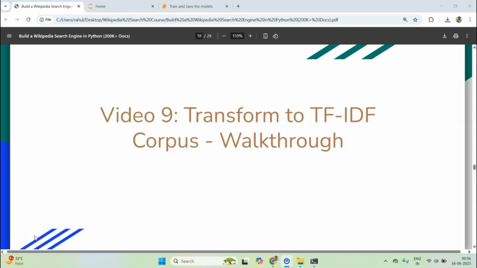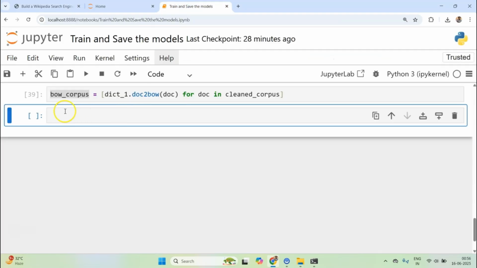So in this video, we want to take our bag of words corpus and transform it into a TF-IDF corpus. These different levels of corpora that we are going to see are just different kinds of transformations. Initially, we had raw documents, we transformed them into clean documents, then into a bag of words representation, and now we are talking about transforming it into a TF-IDF based transformation. Each transformation is trying to represent documents in a more sensible and more semantically strong manner.